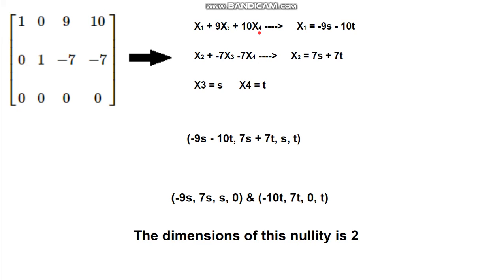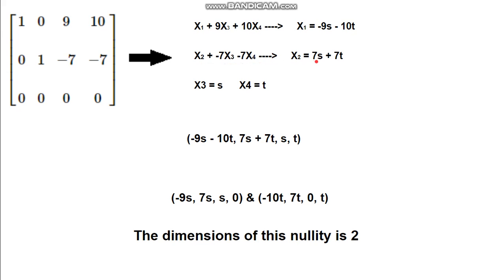And then before we move on to isolating x1, we can see that these two are open variables. We can set them to s and t. They're free variables. We set them to s and t, and then we plug in for x3, s, and then for x4, t, and then solve for x, and we're going to get x1 is equal to negative 9s minus 10t. We did the same thing for x2,